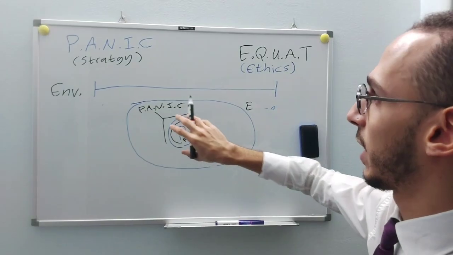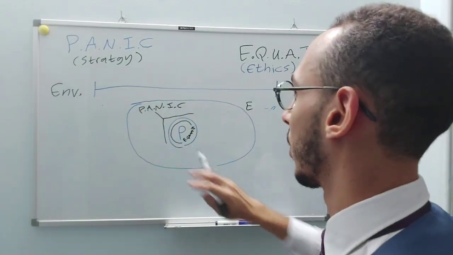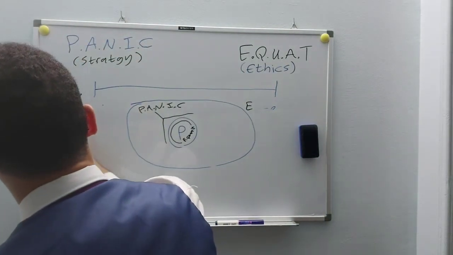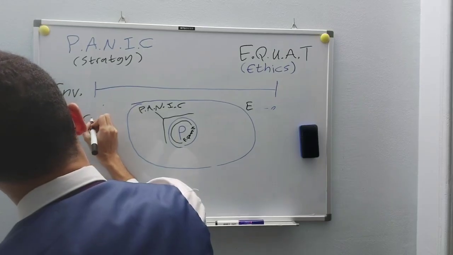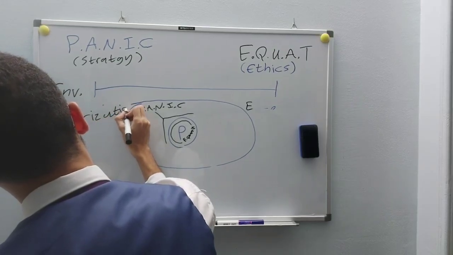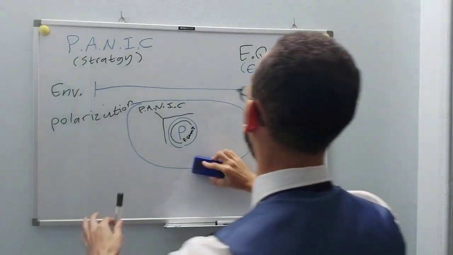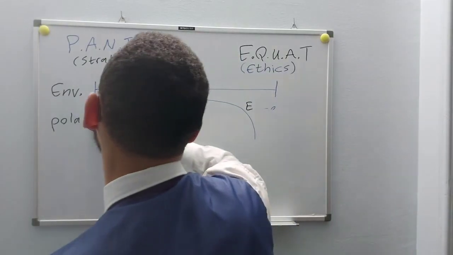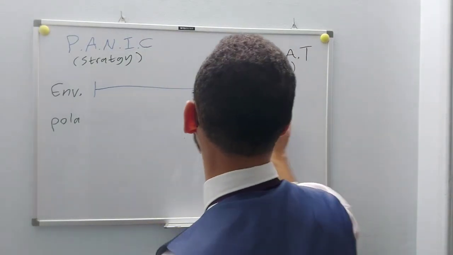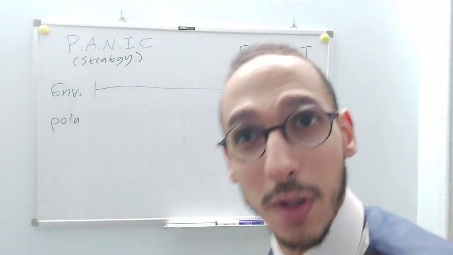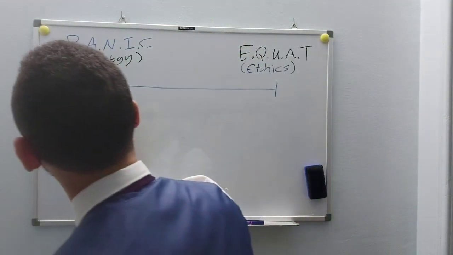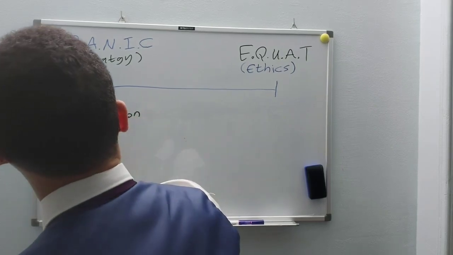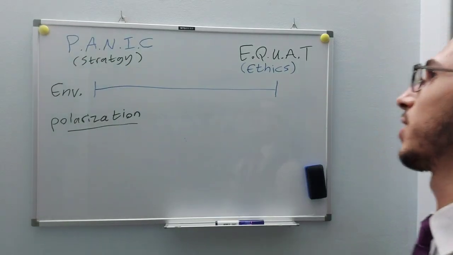Now, pertaining to the P.A.N.I.C model itself, which we're going to start with, we're going to start with the P, which we already established stands for polarization. So I'm just going to go a little, so we understand how these two create a clamp on you. Let's go over polarization. Nice, 10 minutes. Not bad. So we're going to start with polarization, which is what the P is for.